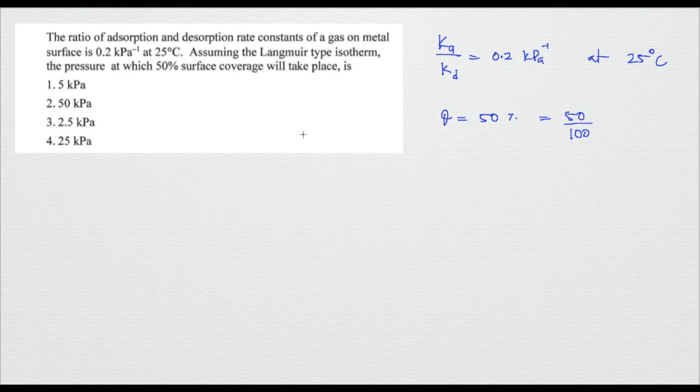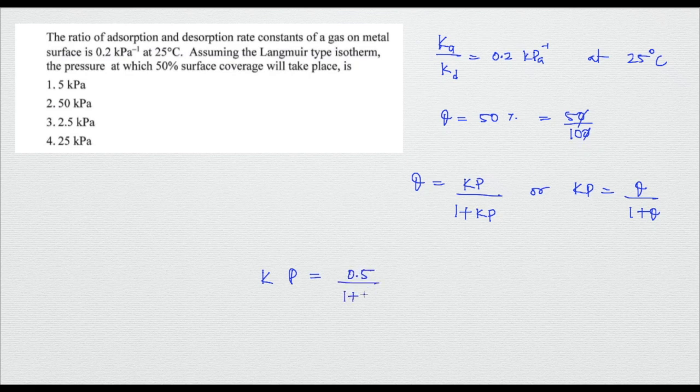So you have to use the Langmuir adsorption isotherm. The formula is theta equals, since there is no dissociation or association happening, just Kp upon 1 plus Kp, or you can write it in this form, that is Kp equals theta upon 1 plus theta. You just have to substitute the values and calculate the pressure. So Kp is going to be equal to theta, how much? I can just solve it like this.